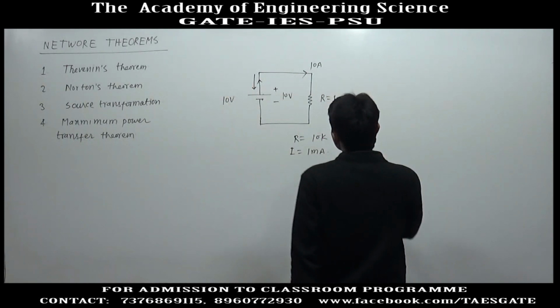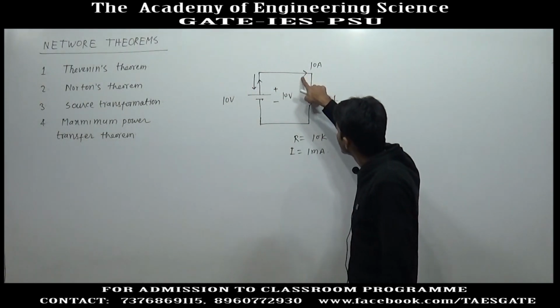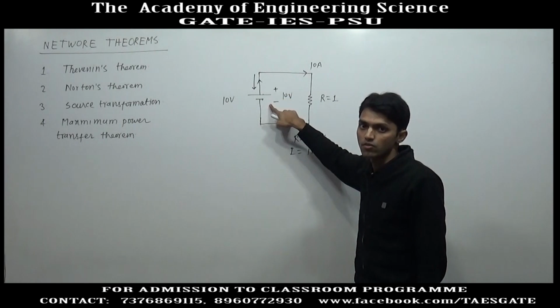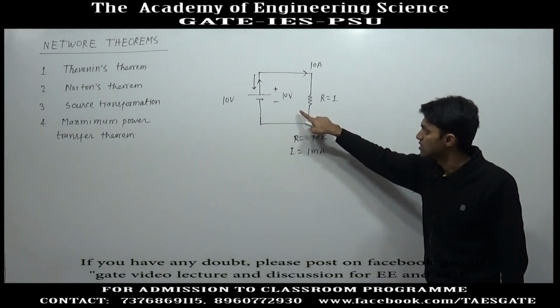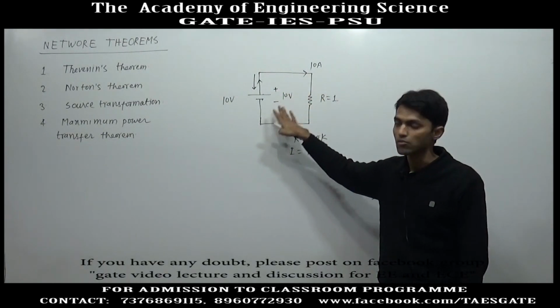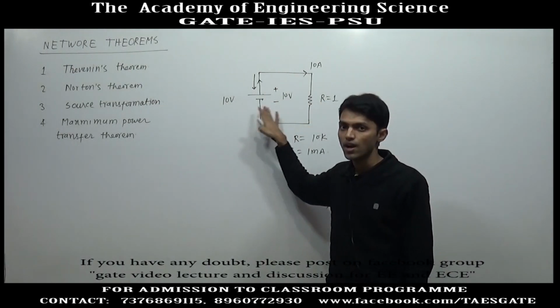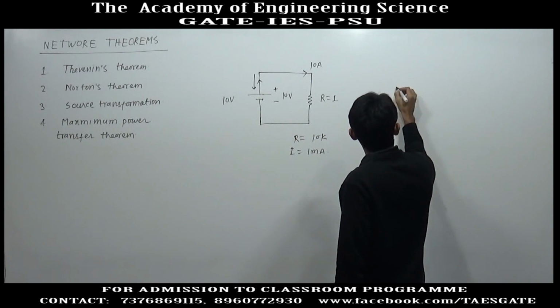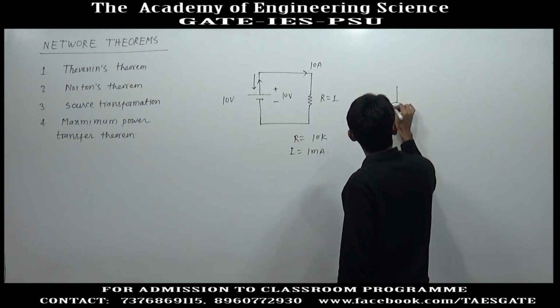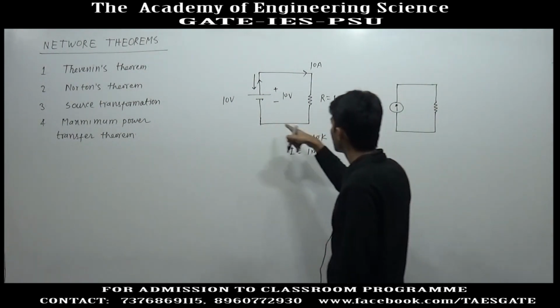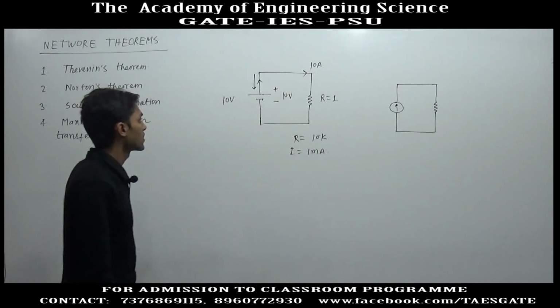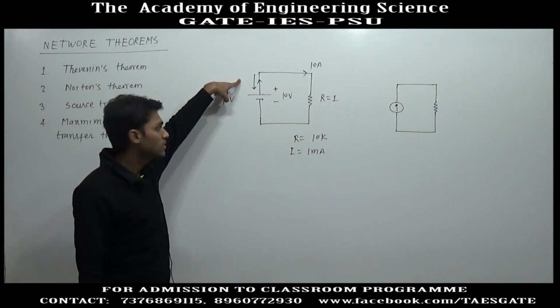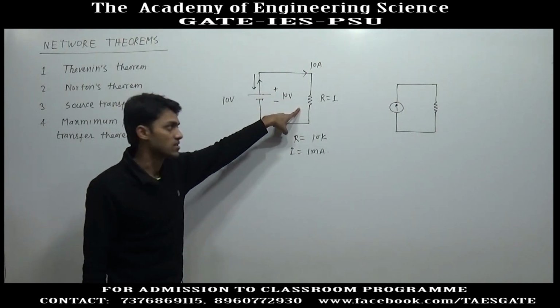If this is a practical voltage source and it is supplying more current, its voltage will drop. That is only for a practical voltage source, which we do not have to study. In most cases, we will be studying the ideal voltage source. Similarly, if we talk about an ideal current source, in case of a voltage source, the voltage is fixed and the current supplied by this source depends upon the load resistance.